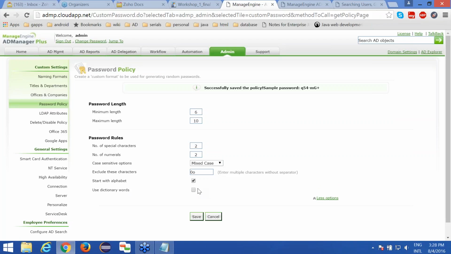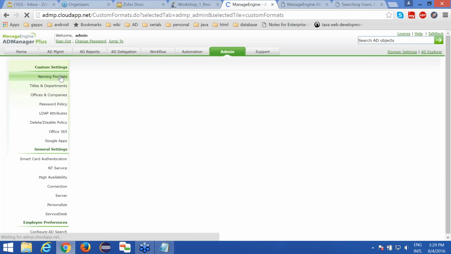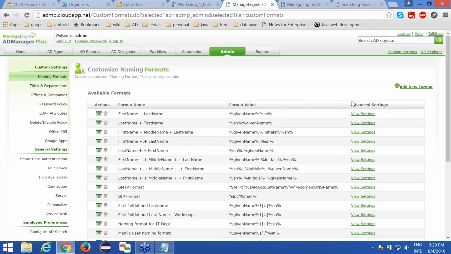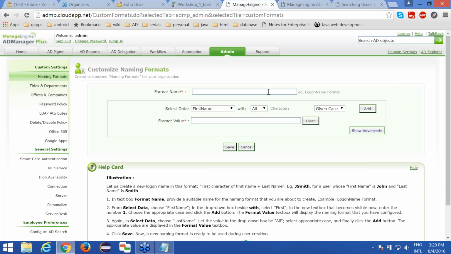Another thing that we can see over here is to design a naming format. I click naming formats over here. Here is an option to add new format. I can assign any format name. Now, I want the first name